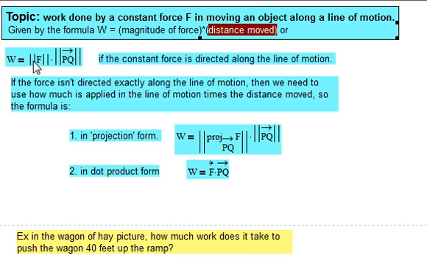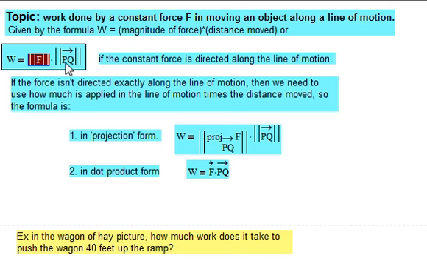In vector format, it's the length of the force vector times the length of the vector representing the distance moved. So if a constant force is directed along the line of motion, like if you're pushing from behind a car, then this is a nice convenient formula. But if the force isn't directed exactly along the line of motion, in other words, if the wind isn't at your back, if it's coming from the side,